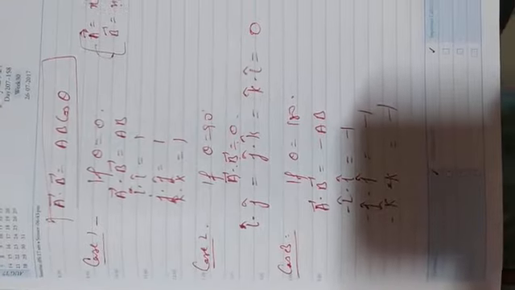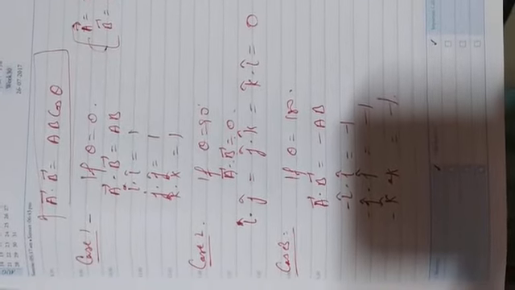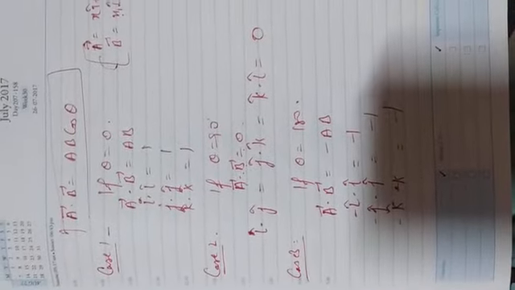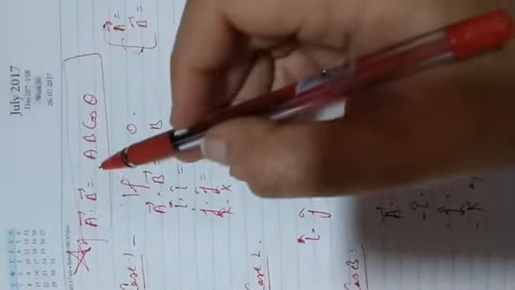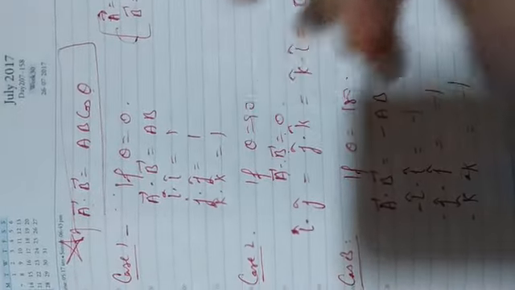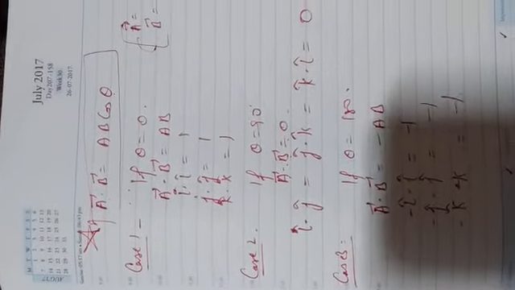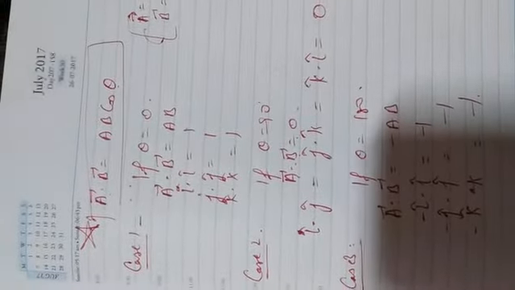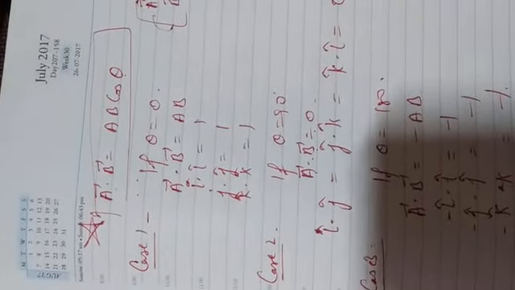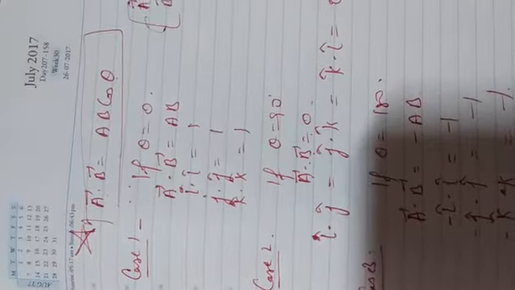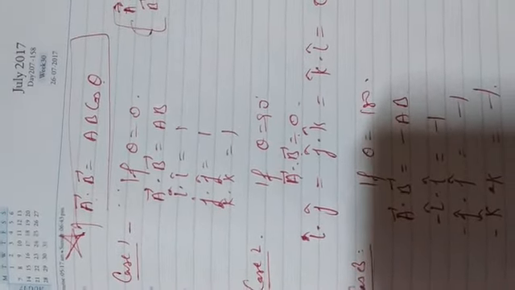These rules we have to learn for solving different types of numericals. Because if you do not learn them, you can't solve them. And this formula is important for the dot product of any two vectors, that is equal to AB cos theta. Clear now? Complete up to this topic in your notebook. We will do the next topic in the next class. And try to solve questions related to this topic. Okay, thank you.